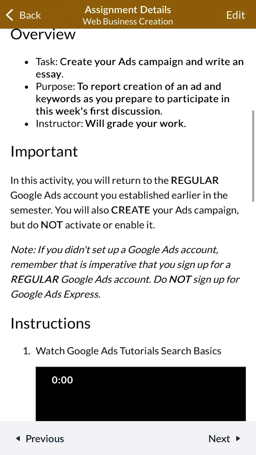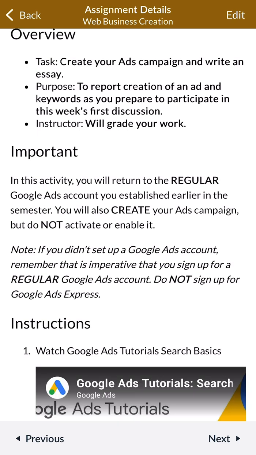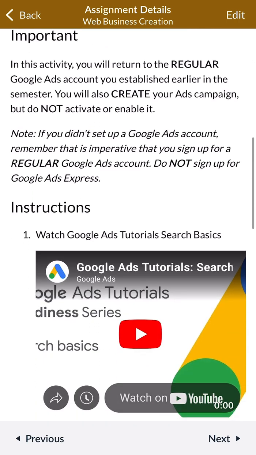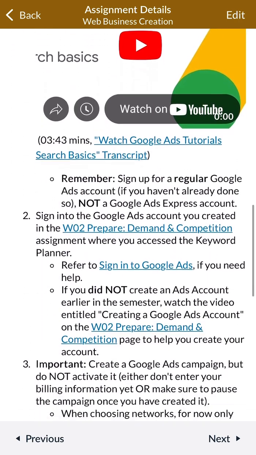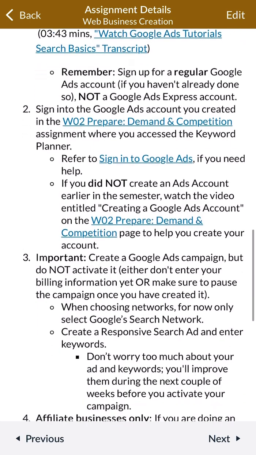So let's start with creating your ads campaign. Now, we are not launching an ads campaign. Please note that we won't actually launch ad campaigns until week 10. So we're going to spend a few weeks just preparing that campaign, but we are not actually launching that campaign until week 10. So there's a tutorial on how to create a Google Ads campaign,